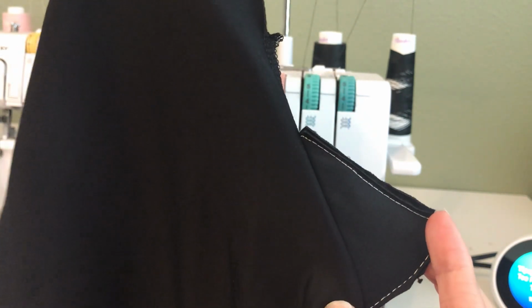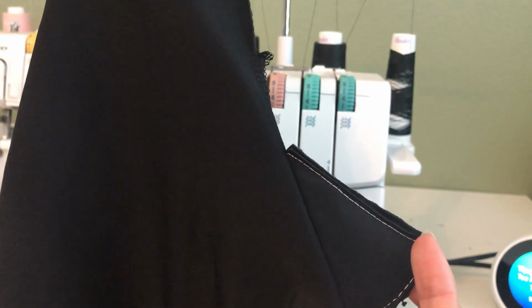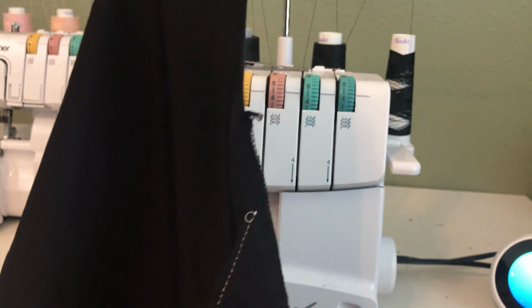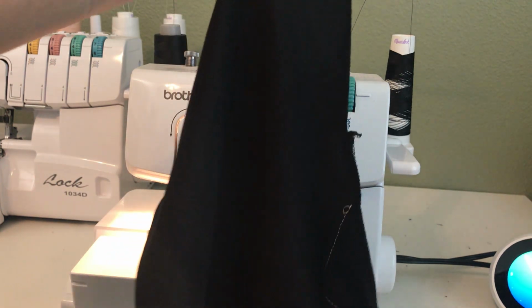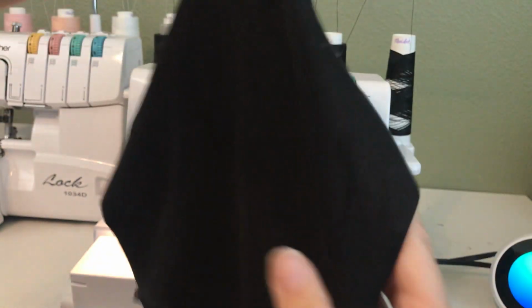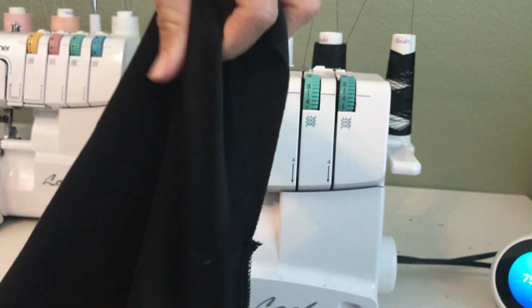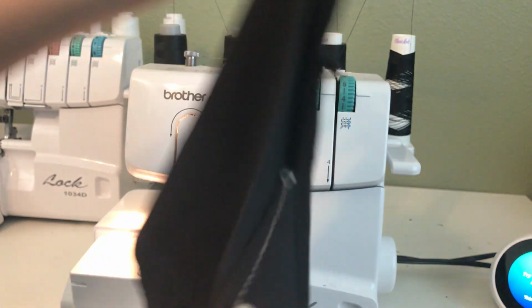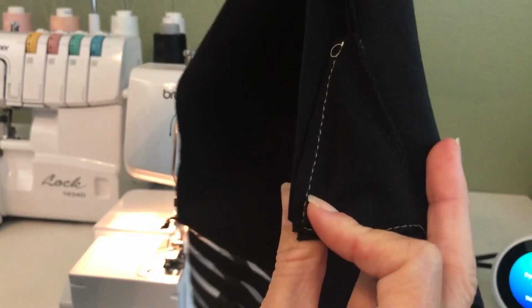it on there. So now when we flip it this way, you're going to see that we have this other edge that we need to attach. So this is when we're going to grab our second back piece. So I'm going to grab that now. And that is going to be attached right sides together. But this time you're going to flip out that little gusset and clip the second back piece. This is the other side